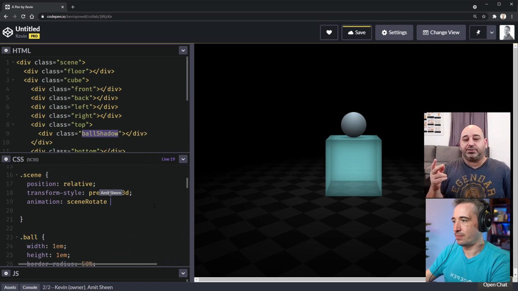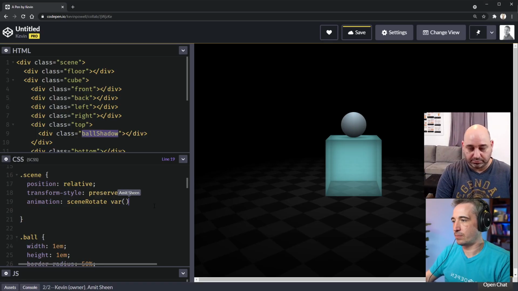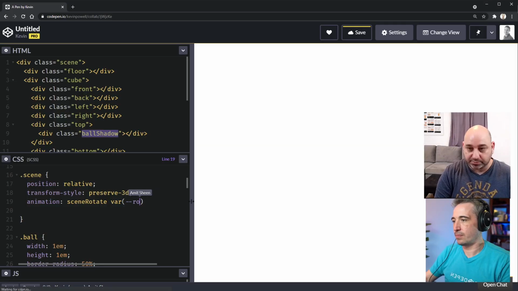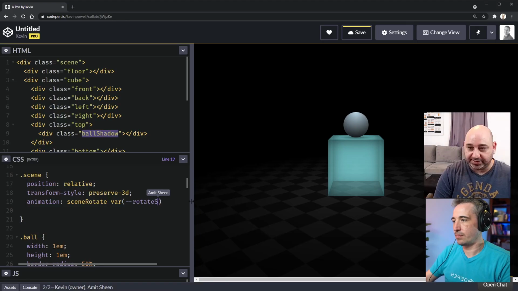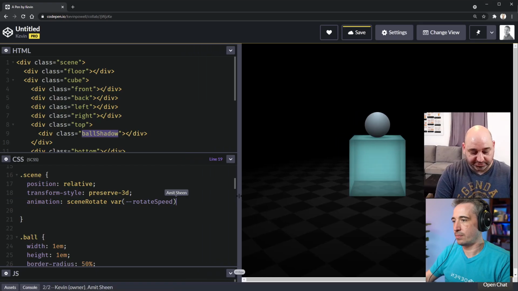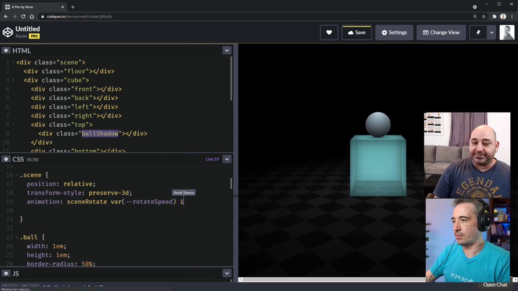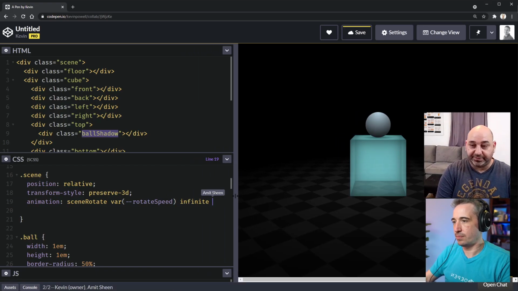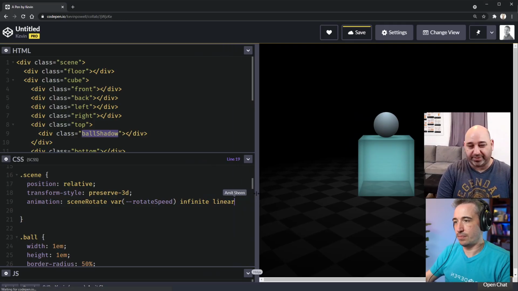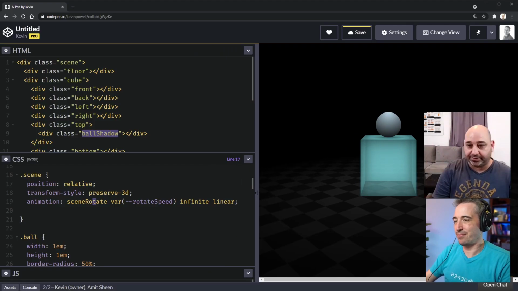because we're gonna need two variables. We're gonna need the rotate speed, and we're gonna need the bounce speed. So let's add a variable here, like var rotate speed. And we'll do it infinite, obviously, and linear, because we want the rotations to be linear. Okay, so let's do